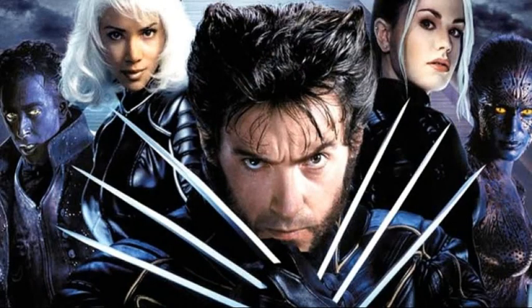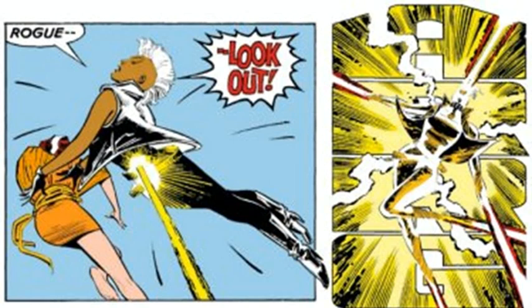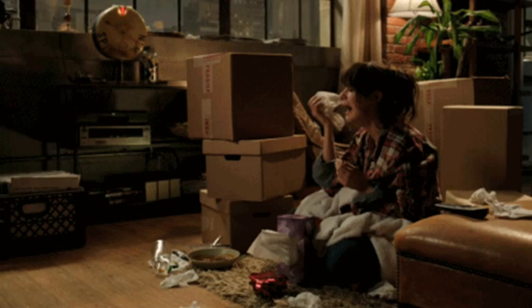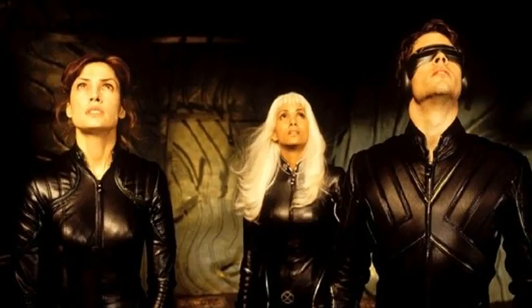Now's a good time to touch on a subplot I introduced in my fix for the first movie, Professor Xavier getting depowered by Mystique using a weapon designed by Forge. All this happened in the comics, except it was Storm who was the victim of the weapon instead of the Professor. Following that, Forge is an emotional wreck. He feels awful, he's been working night and day trying to find a way to reverse the effects of this invention. He's taken himself off the field team because he feels obligated to fix this.